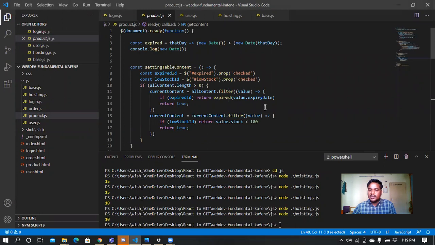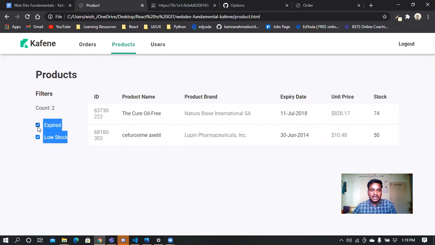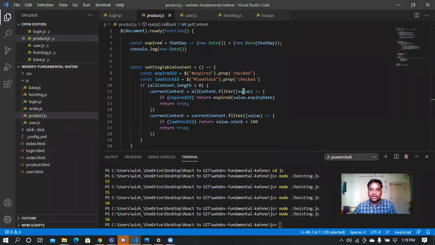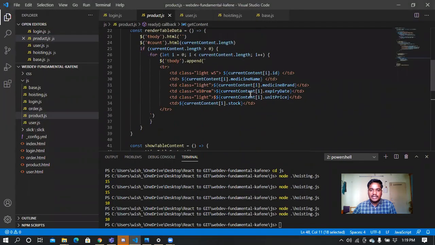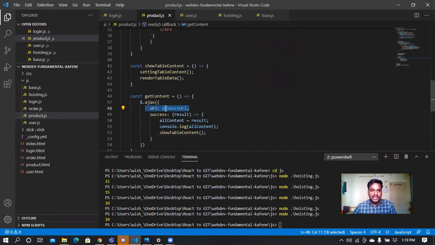It will check whether these two checkboxes are checked or not, and accordingly will manipulate the data, and accordingly will fetch the data via the render data table function. So it's the same usage. We have used the same functionality again for the product page as well.